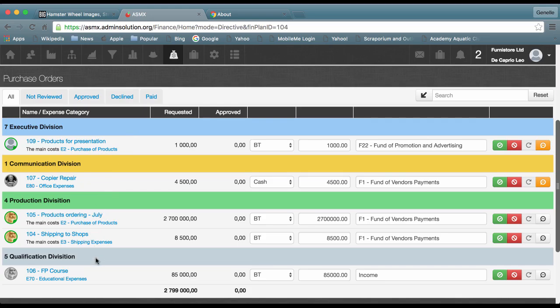The purchase orders that have not been reviewed yet have a gray background. For each purchase order we see a photo of the employee that submitted the order. When we move our cursor over the avatar, a small pop-up form appears. Here we can see the name and contact details of the employee, and we can send a message through the internal communication system